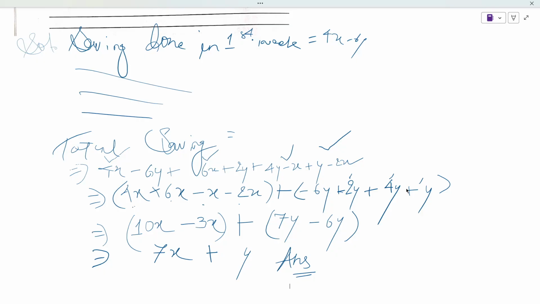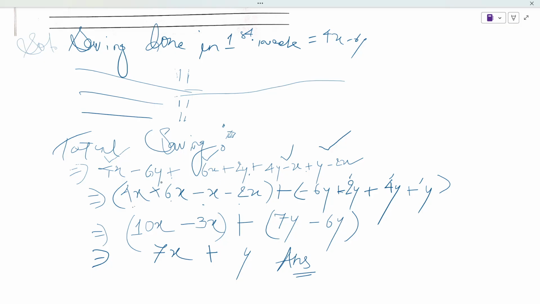So you can see, for the statements, we have started with providing the statements of what we are able to understand from the question. We have mentioned saving done in first week. Likewise the lines are there, so you can write in the same manner: saving done in the second week, saving done in the third week, saving done in the fourth week. And then finally, when we come to total saving, we are going to add these amounts. So adding them in this manner in a row form, writing them in continuation with the mathematical operator plus, plus, plus,